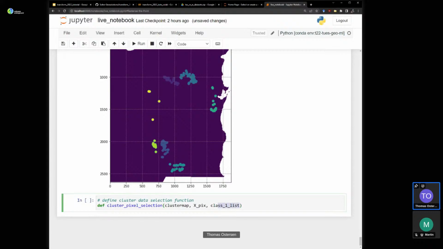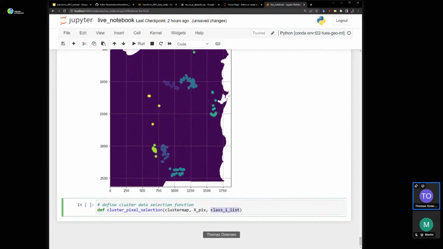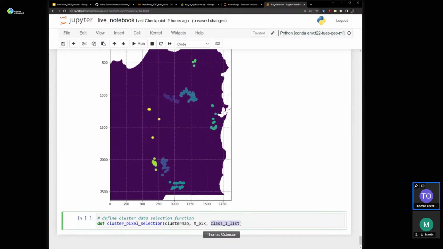So we're going to give it a list of values that are in class 1. So in this case, if we want to train a model that holds out this cluster, whatever number that is, we can feed a list of numbers that correspond to these clusters here.